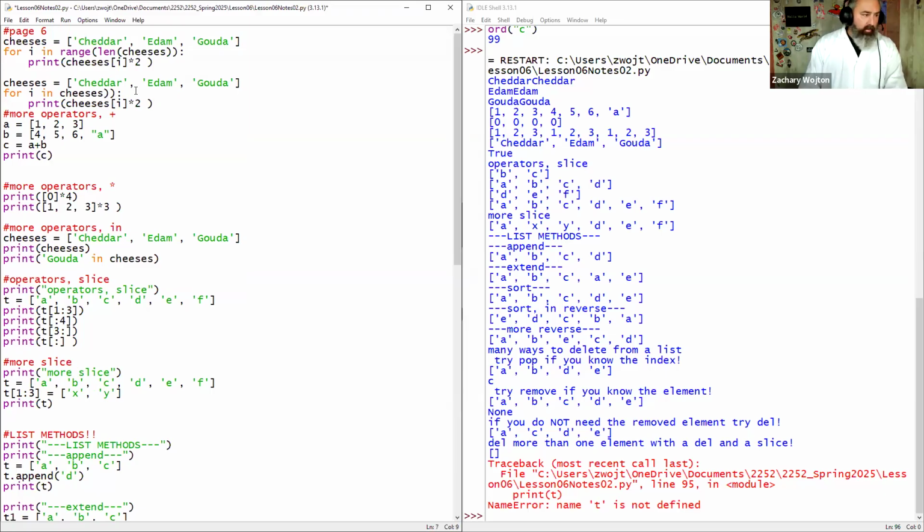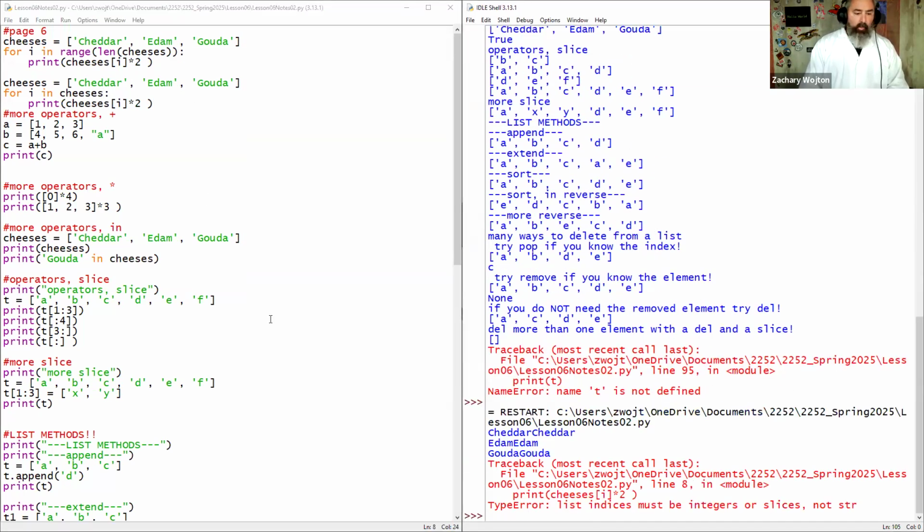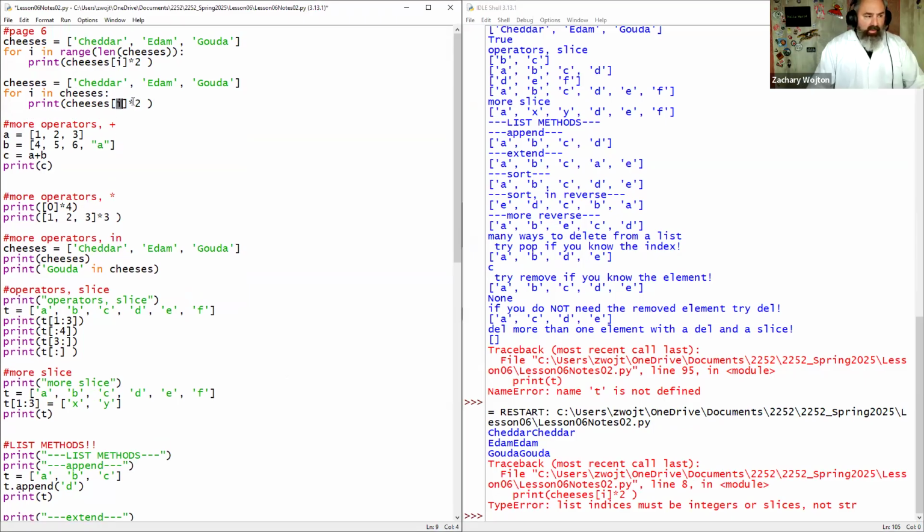Just get rid of this. Oh, what happened? It broke. Oh yeah, see, list indices must be integers or slices. So now we can't use this index execution